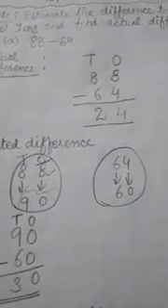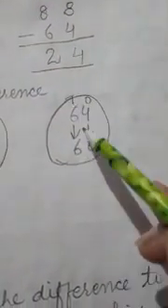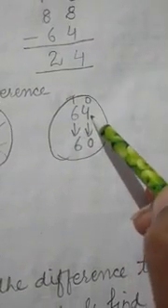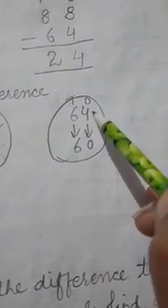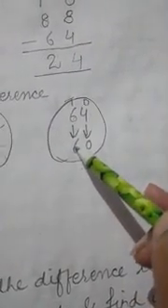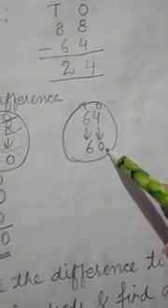Now what was the second number? It is 64. This is the ones place digit, this is the tens place digit. Ones place digit will become 0, and the tens place digit will be written according to the ones place. You can see the ones place digit is less than 5, so the tens place digit will remain as it is. So it will become 60.